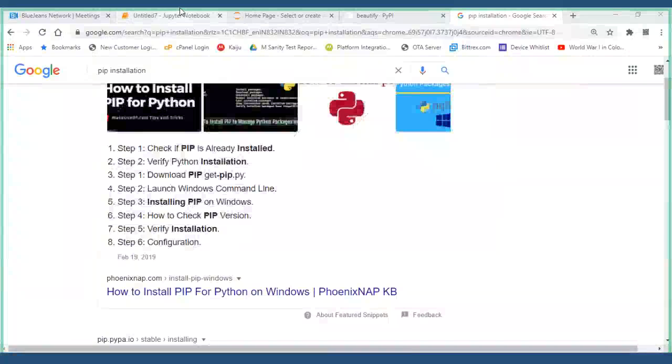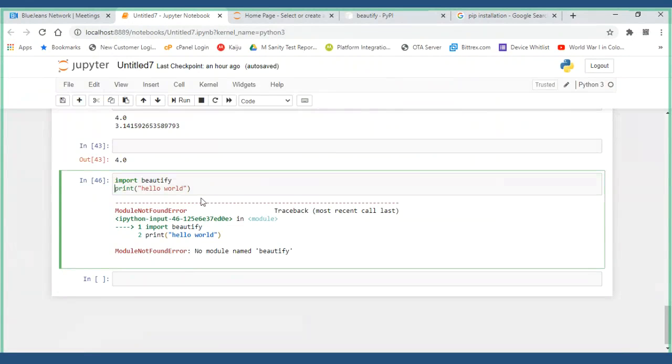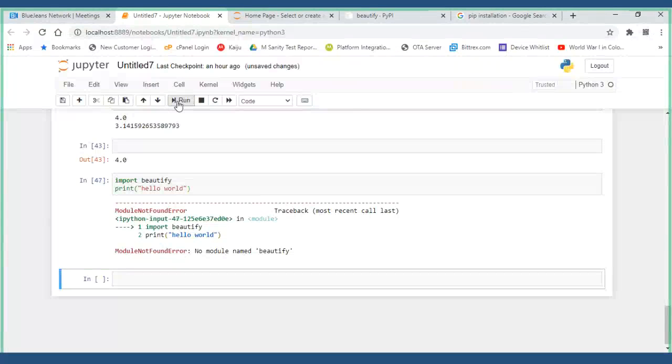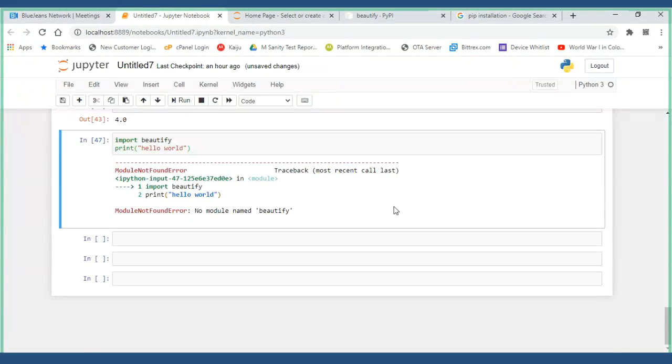What do you say, here in this Jupyter? Let me run this. Whatever I have installed is in the local machine, not on my Anaconda. For Anaconda, I don't know the approach to install the module. I'll let you know, guys. But that is how you have to use it. Modules, at least to a certain extent, you guys were able to make out, right?